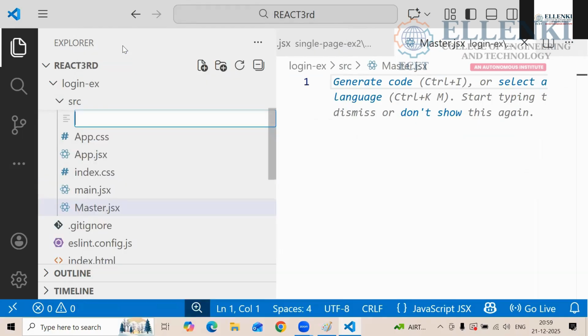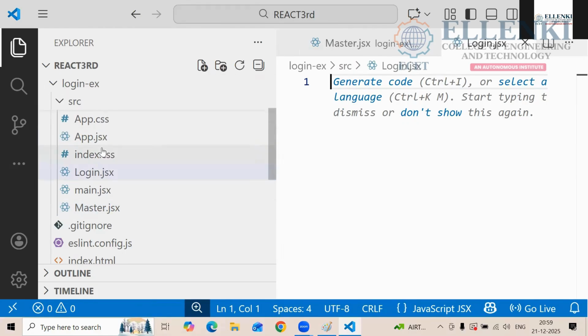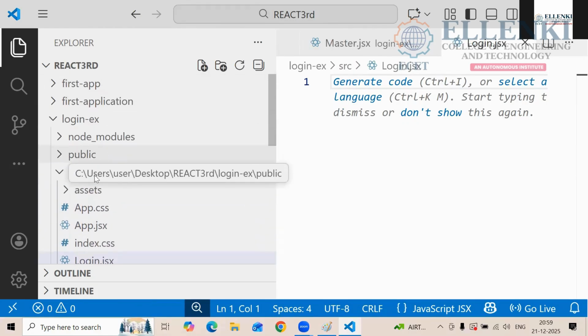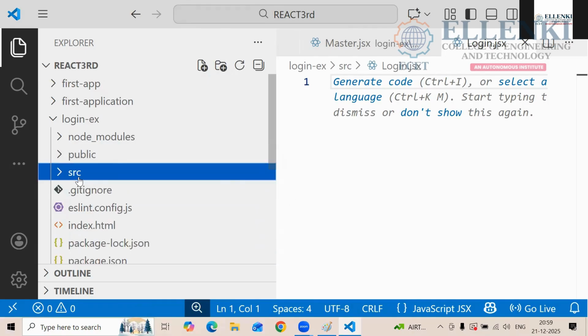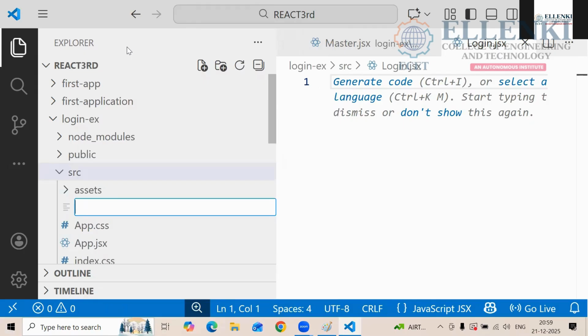Later, which component do you have to create? New file. Login. L should be capital. Login.jsx. Later, what do I have to use here? Right click, new file. Which one? Dashboard.